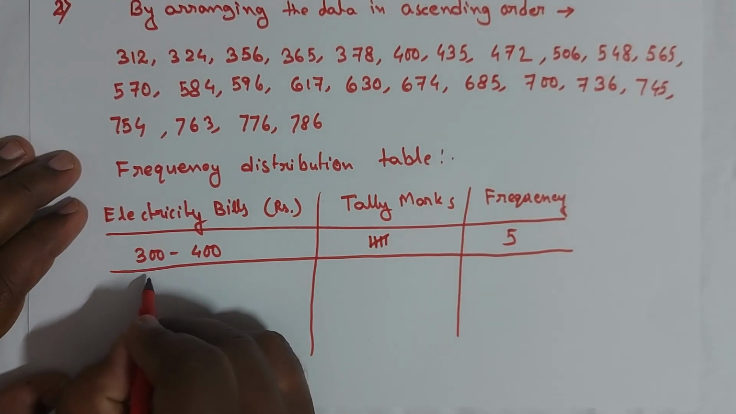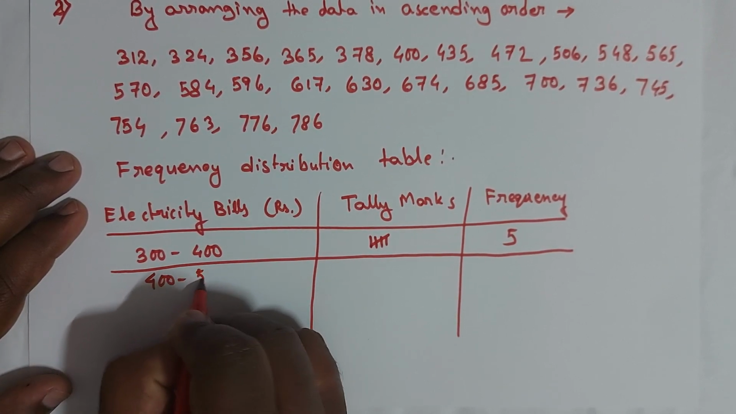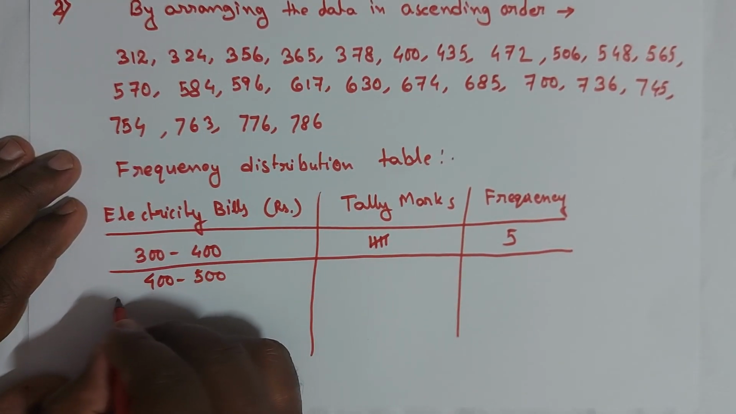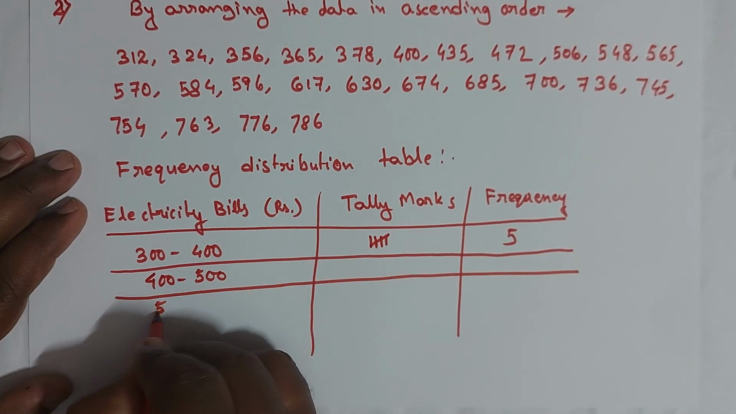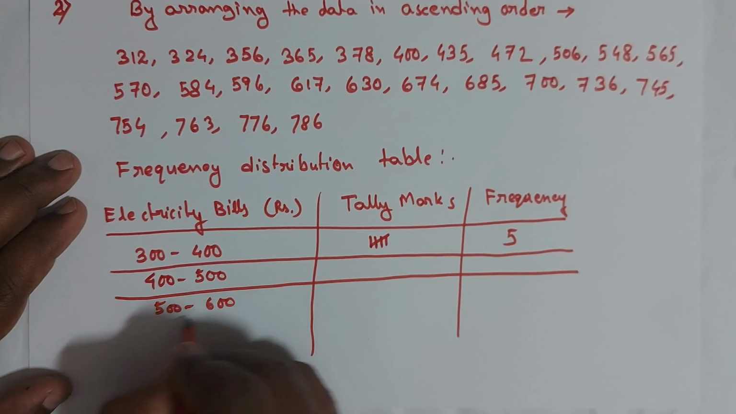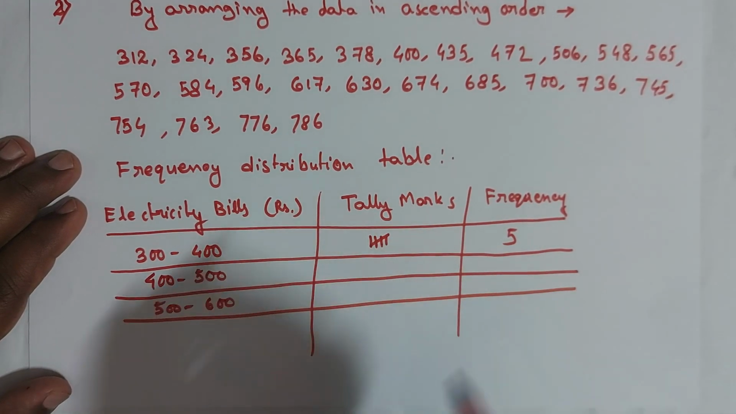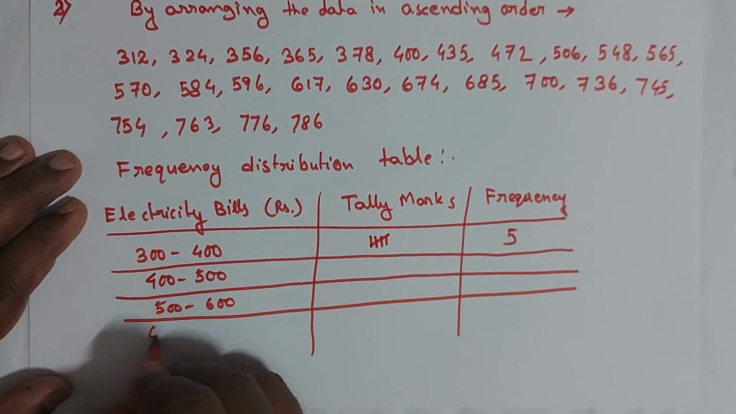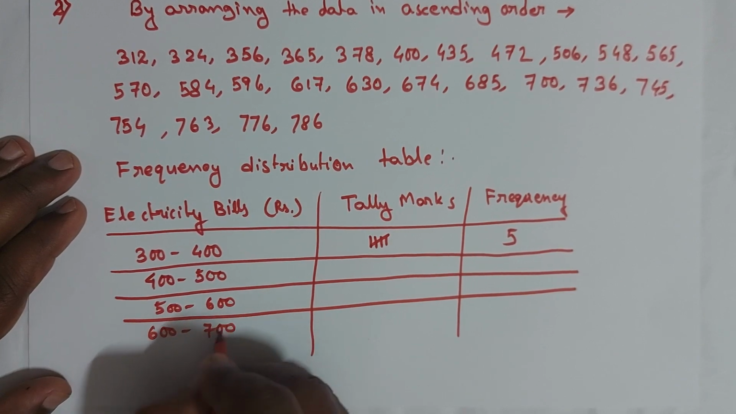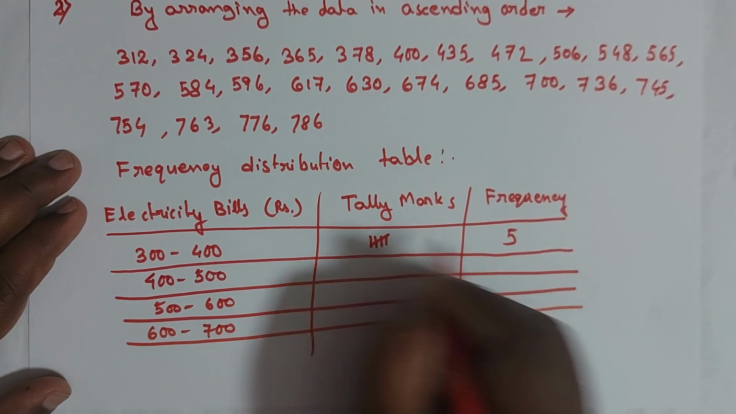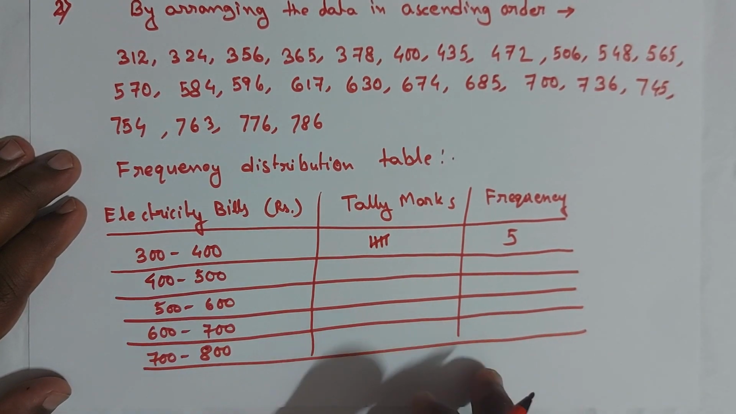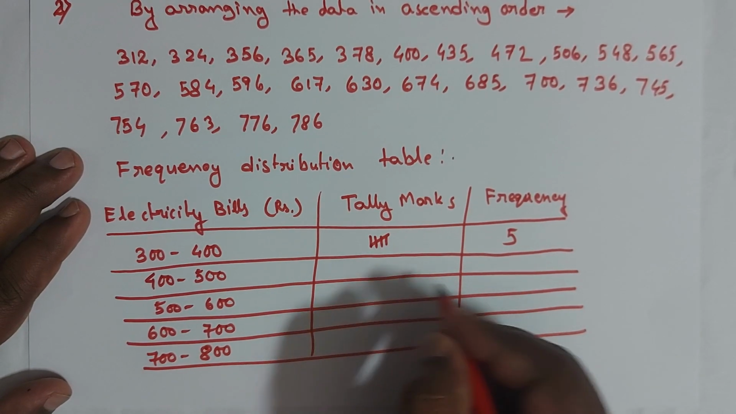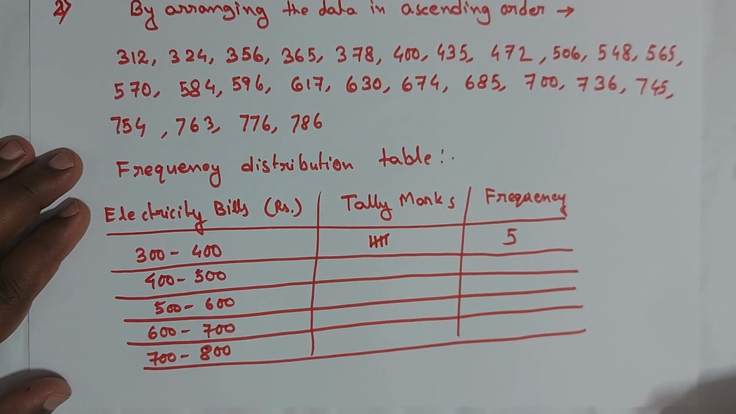Then 400 to 500, let's first do this, then we will start. 500 to 600, then 600 to 700, 700 to 800. Okay, so now